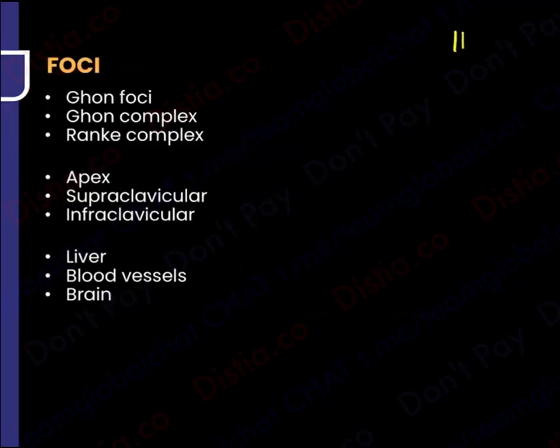So what I'll do, I'll draw one lung over here, right? If TB occurs in the lung like this, TB happened here, you will call it Ghon focus. What is Ghon focus? When TB is involving the lungs, you call it the Ghon focus. After the focus, you will convert it into a complex. What is a complex? You will say, ma'am, if the lymph node also gets involved, if both of them end